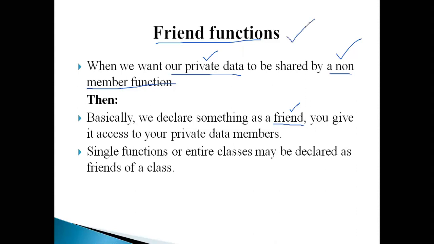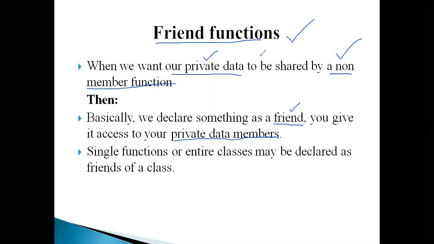To make the function a friend function, I declare friend in order to access my private data members from outside of the class, by means of other functions which were declared or defined in other classes also. That is done by means of friend. Basically, in normal terminology, friend means sharing something. For example, if we have friends, ultimately we share something with our friends.